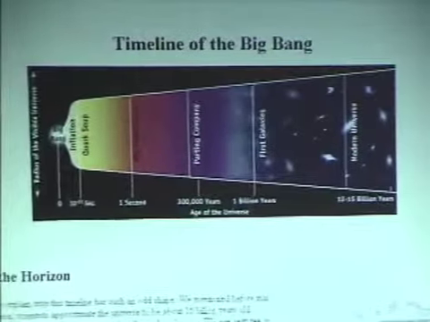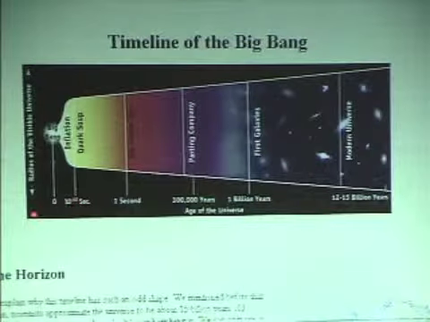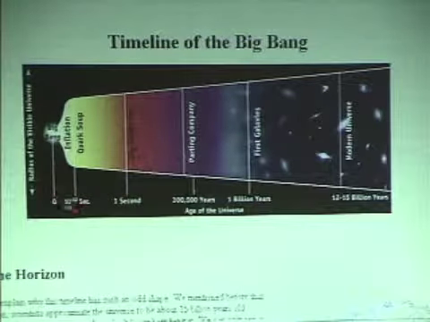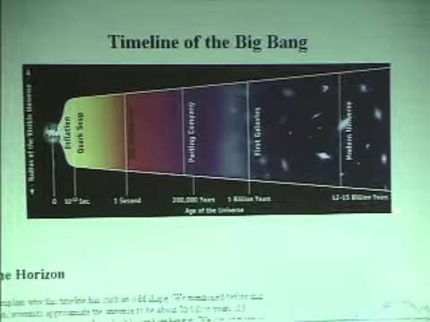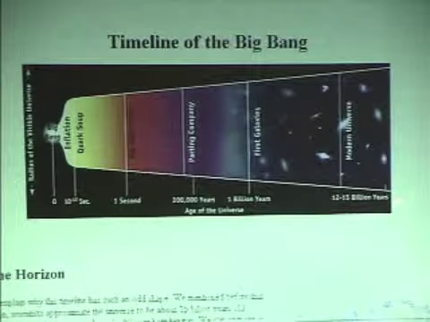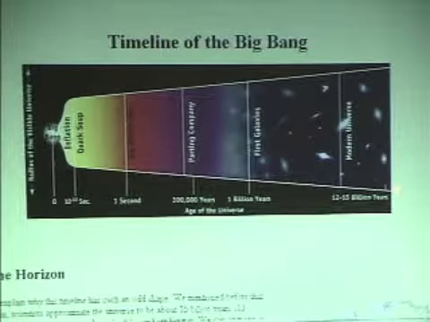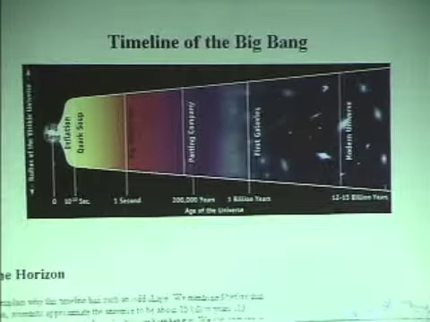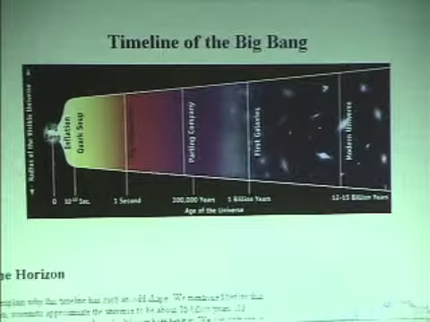And so on the bottom here we have time going from t equals 0. The next instant here is 10 to the minus 32 seconds. So unimaginably short amounts of time. And then we're way out here at some perhaps 15 billion years. Pretty good guess for the age of the universe. And not to scale for sure.